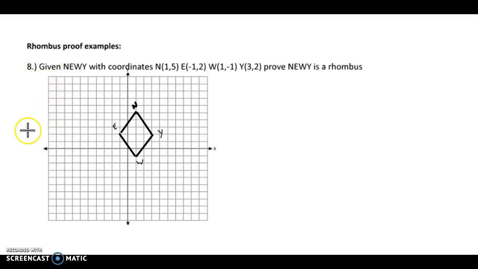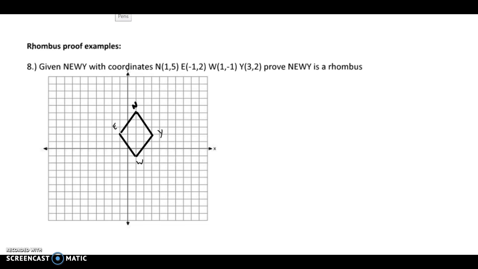All right, I'm looking at page 6 in your examples note packet. In this question, I already graphed the points. It says, given NEWY with the coordinates N, E, W, and Y, prove that NEWY is a rhombus. So you should have already copied down the notes into the foldable about how to prove that something is a